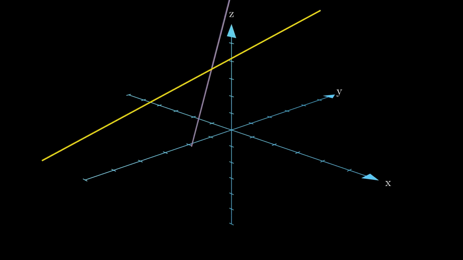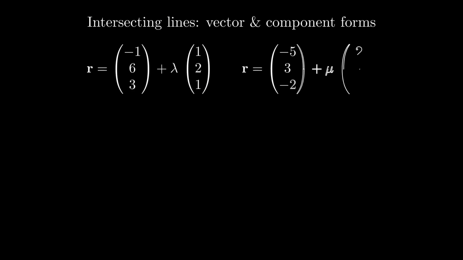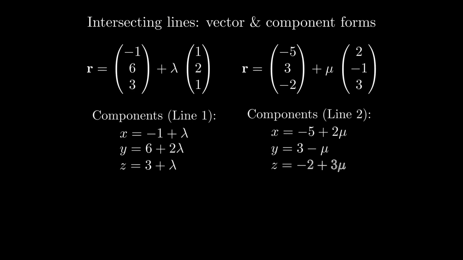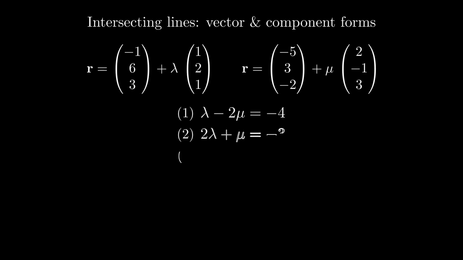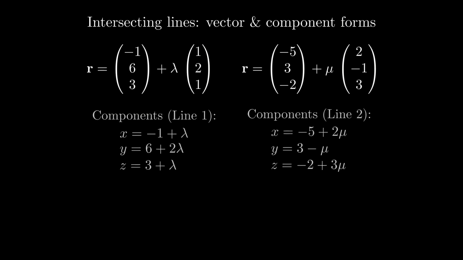Let's go through finding the point of intersection mathematically using two lines. Here are the two lines from earlier that we showed intersecting. And we can define both of their line equations as follows. Note how lambda is different from u as they're two different scalars. We first find the components of each, and then we equate them. So initially we had the x, y, and z components of the first line, and then we had the x, y, and z components of the second line. We then equated them together to form three